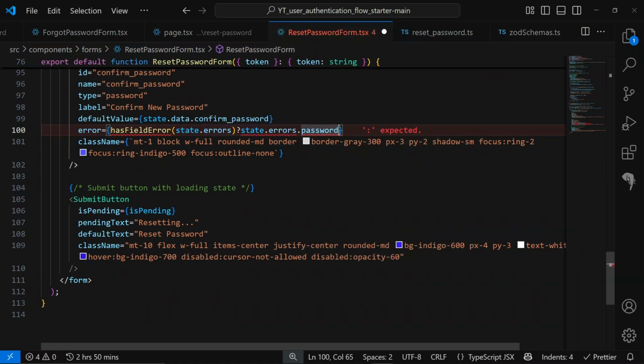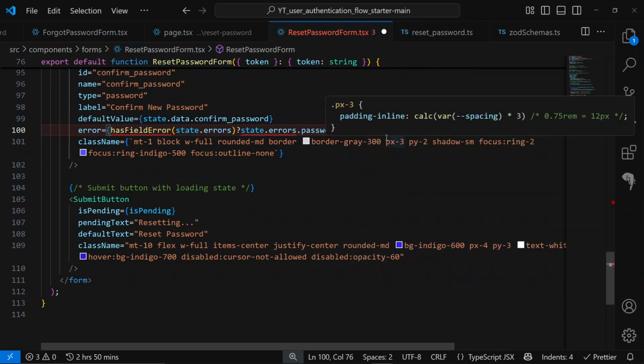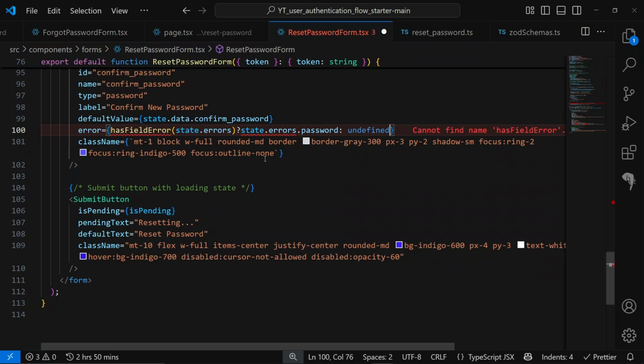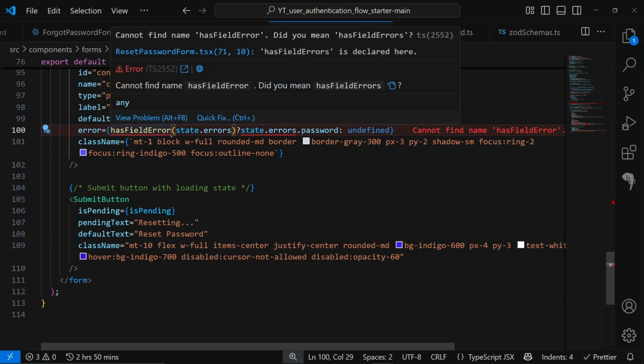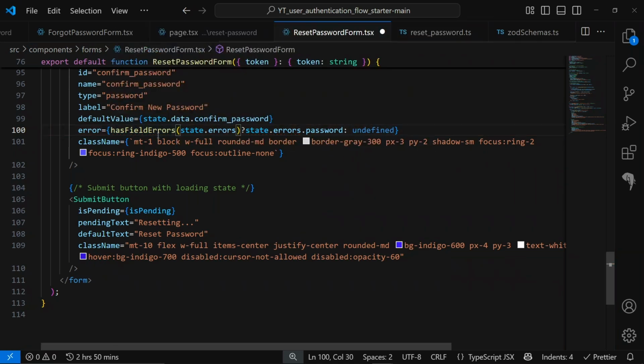If that is not true, we're going to have undefined. Sorry, this is isFieldError. All right, we are dealing with so many bugs. Okay, so now we need to provide